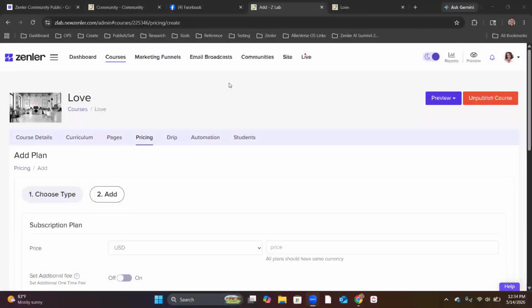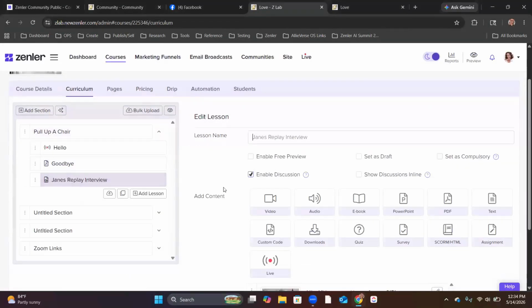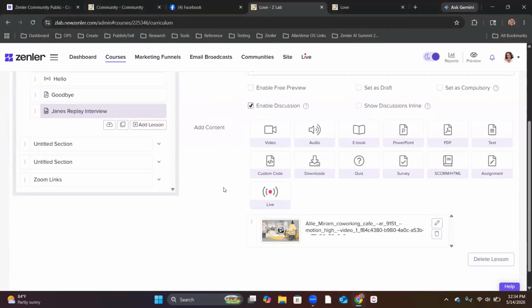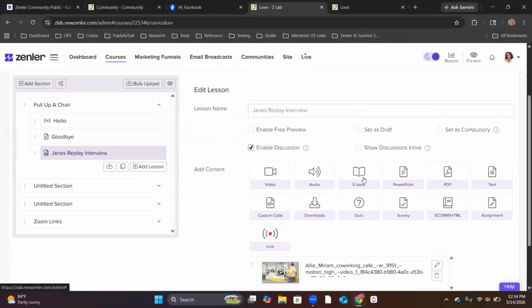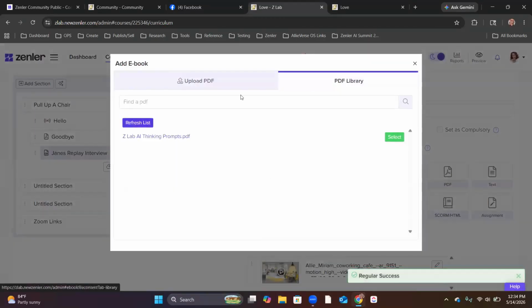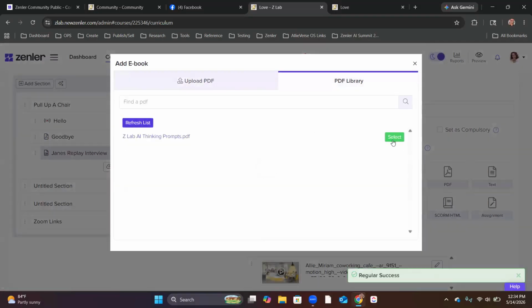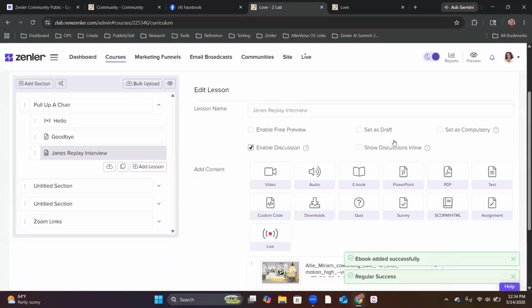But there are some workarounds for that. So let's look at it. In your curriculum, if you have worksheets, I personally would turn it into a workbook, even if they're just one-off worksheets. And then you can do something like this, which is add the ebook feature. I don't know if I have a multi-page PDF. I don't think that one is. I don't want to show you that. Okay, let's just try it, see what it does.